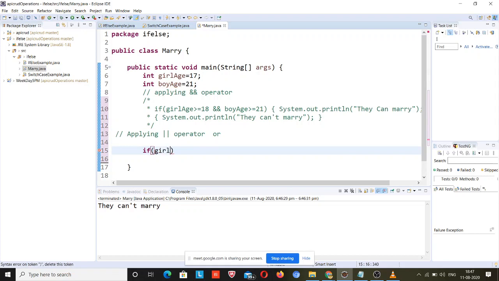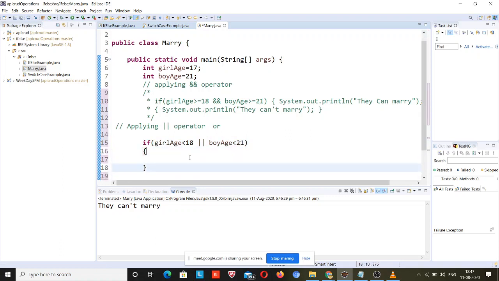So if girl age is, now I will be using the less than operator. If girl age is less than 18, or boy age is less than 21, if any one of them is true, then it will come inside the if condition.